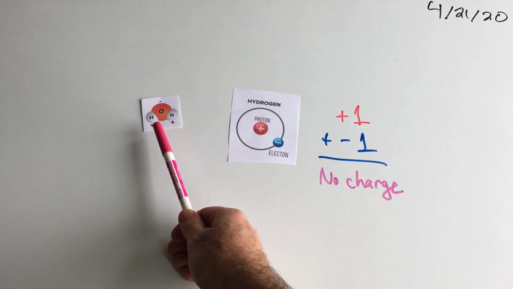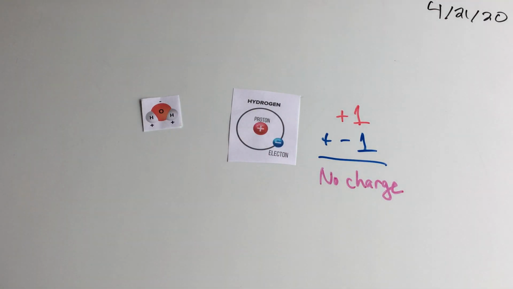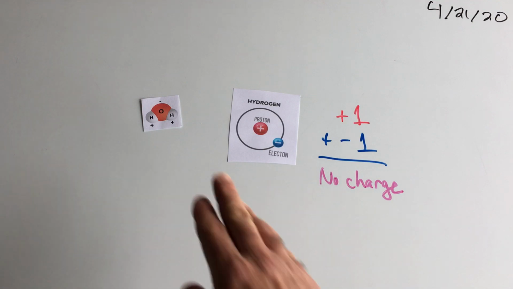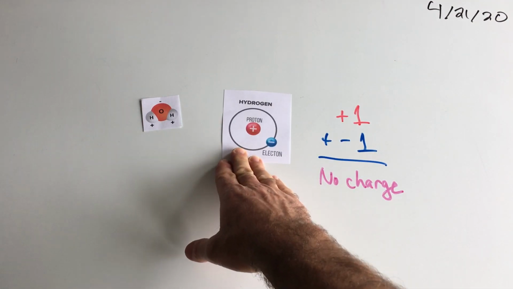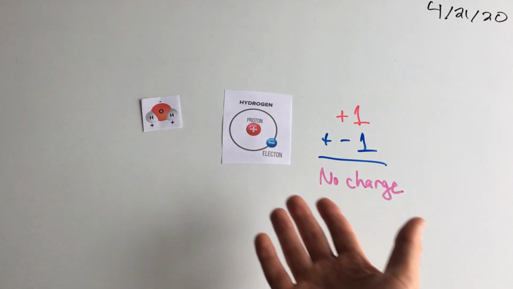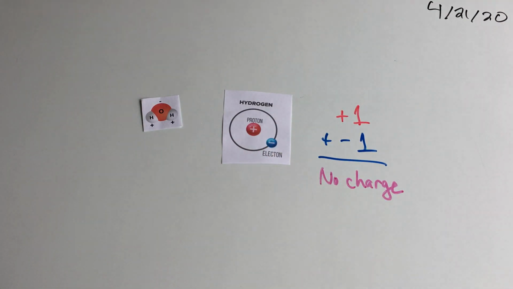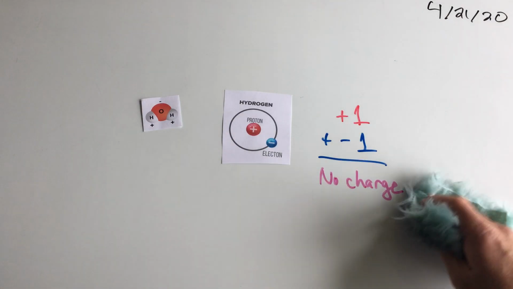Water's happy. H2O is super happy. In fact, H2O is so incredibly stable and so incredibly happy that I can drink it and not die. In fact, I have to drink it to not die, right? So water is super content without hydrogen. If hydrogen comes in this form with no charge, then water's like, why are you wasting my time? I don't care about you.